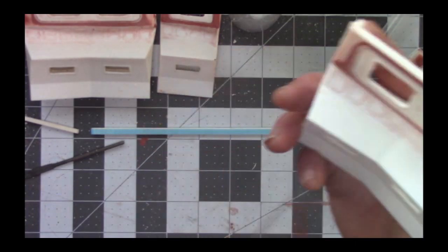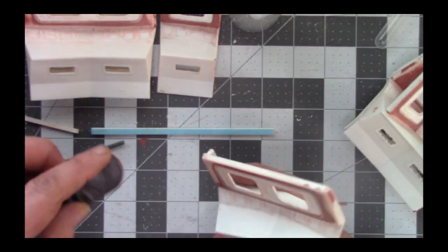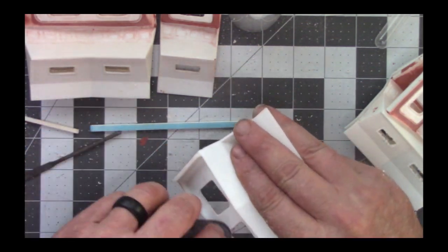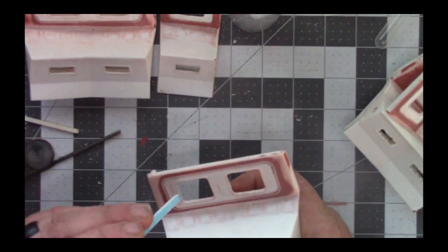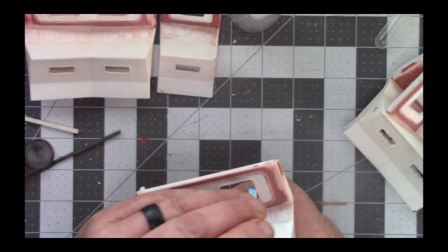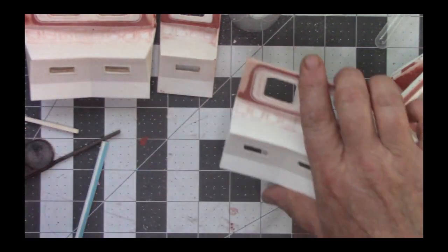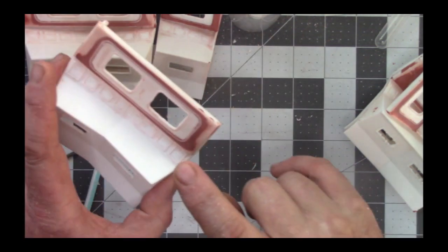And then the other thing I do, I'll come back with one of my softer brushes, or softer sanders, and bring this out and through and try to run it out, and then I'll take one of my sticks and do the same thing. Now, I'm not saying it's going to be completely 100% ready there, because there's still a little bit more work to do for this, but I wanted to start showing you that if you do cut your windows out